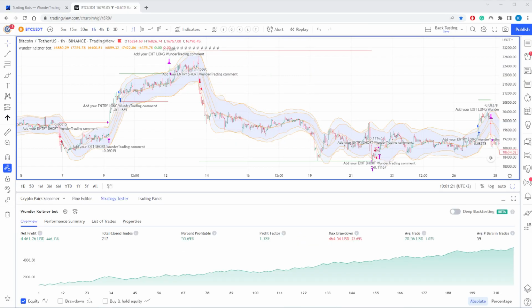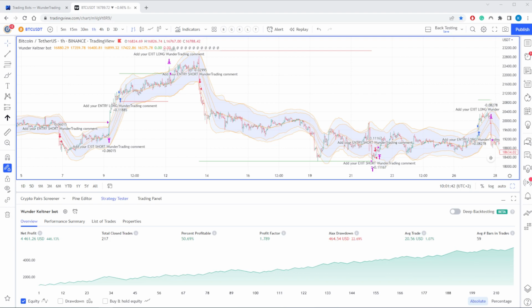Hello guys, we are back with a new and simple trend strategy that has a great result. After optimization, it will give you a profit of 446% and a nice profit factor of 1.78. And most importantly, it consists of only 2 free TradingView indicators, so you can implement them now and start trading